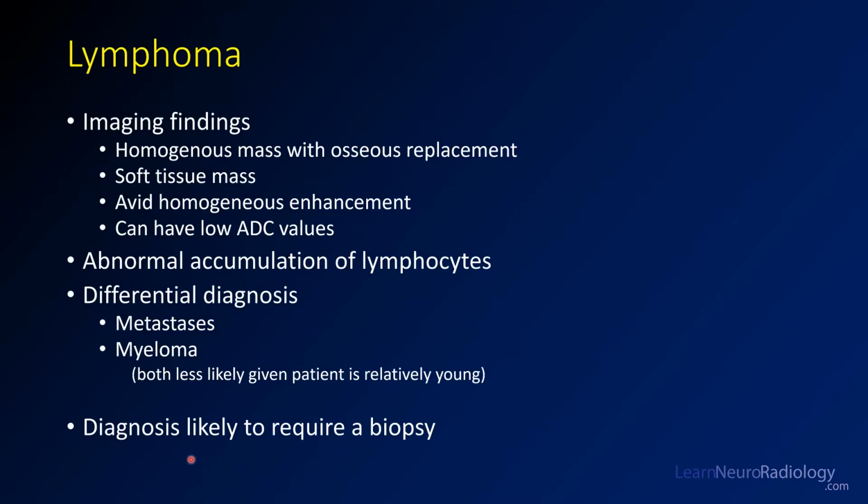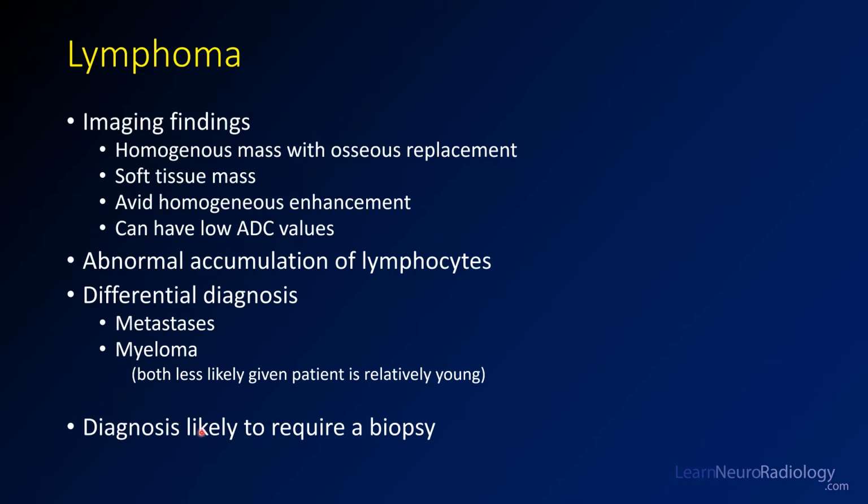So in this case, we're looking at a lymphoma of the cervical spine. That's a pretty homogeneous mass with osseous replacement. We'll take a look. There's some associated soft tissue mass, and it kind of is crossing multiple planes. You've got avid homogeneous enhancement. I didn't show you ADC, but if you had it, you might expect low ADC values and bright appearance on